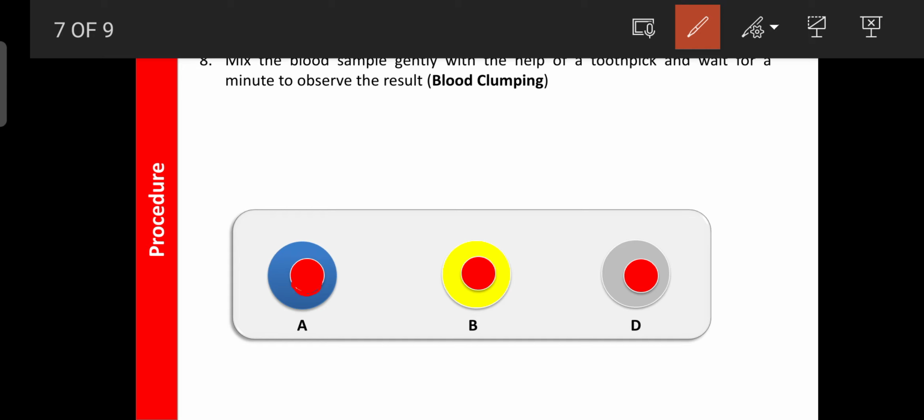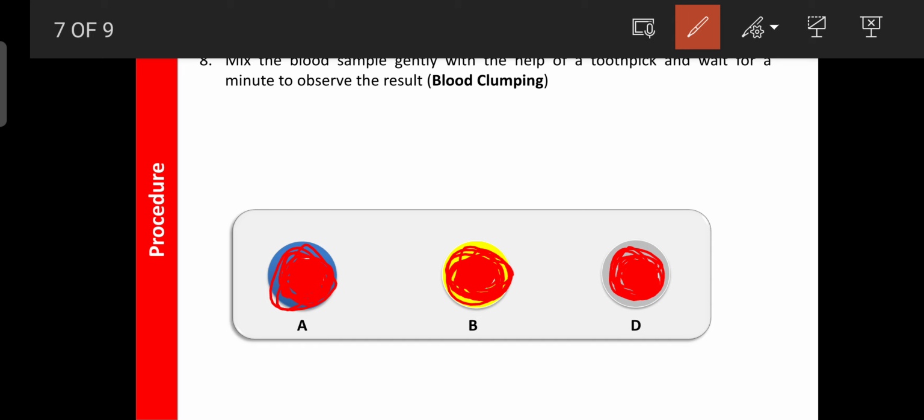for point A to mix it very well. Then the second toothpick is used to mix at point B, that is the blood with the solution. Mix very well, then discard that toothpick. Then with the third stick you mix the blood with the D antibodies in D. Like that you mix the blood with the respective anti-serum or monoclonal antibody A, B and D, and then you wait for 2 minutes to get a result.